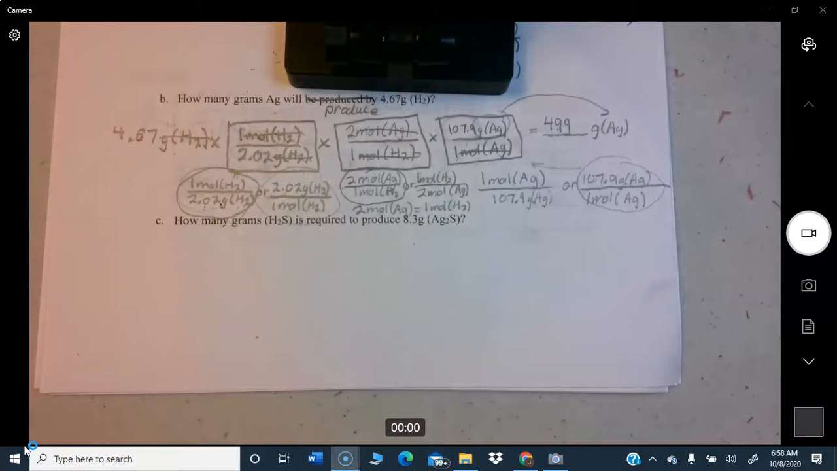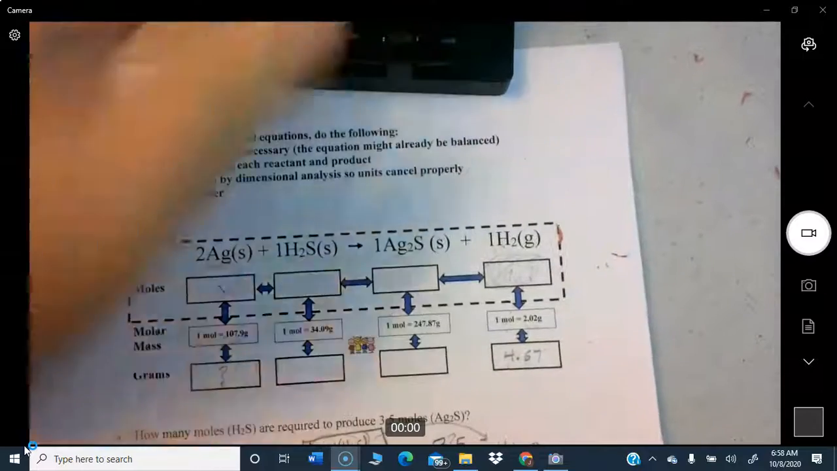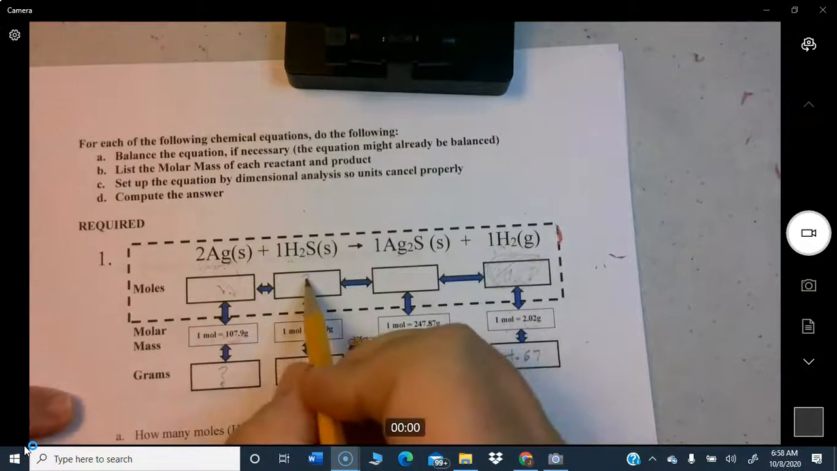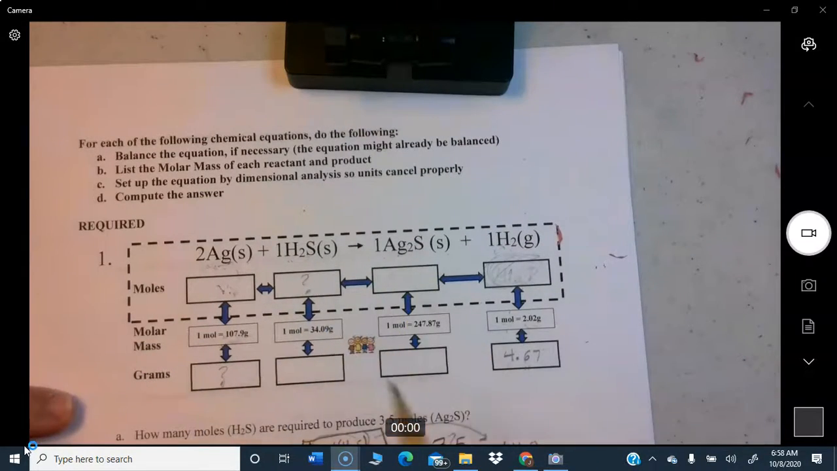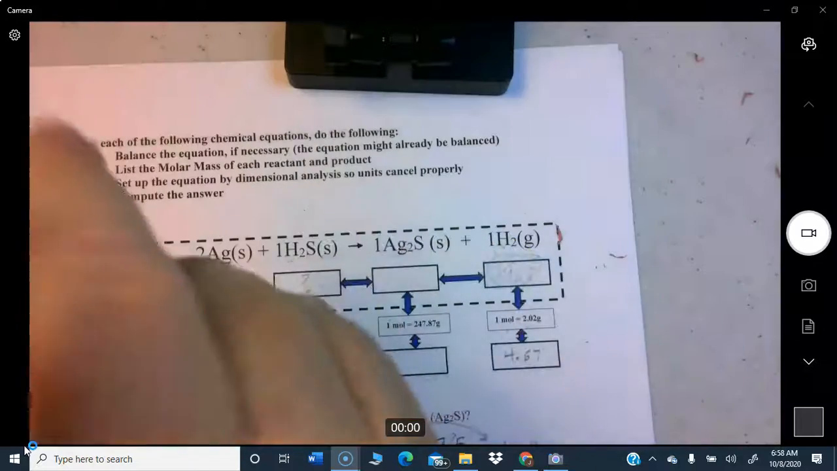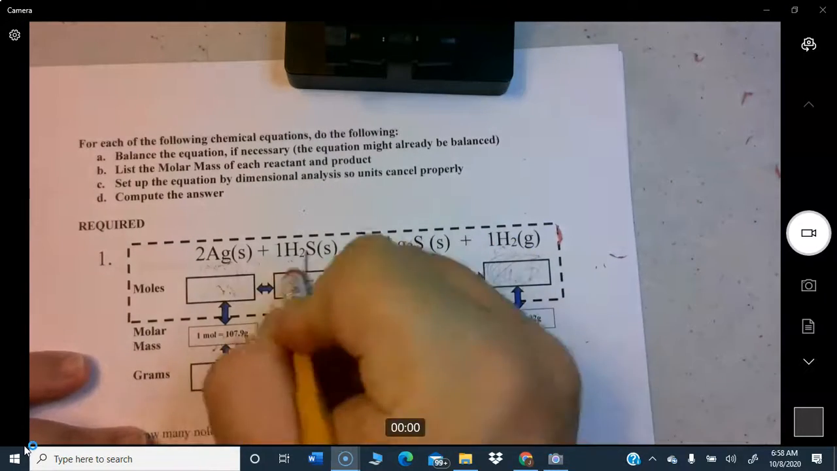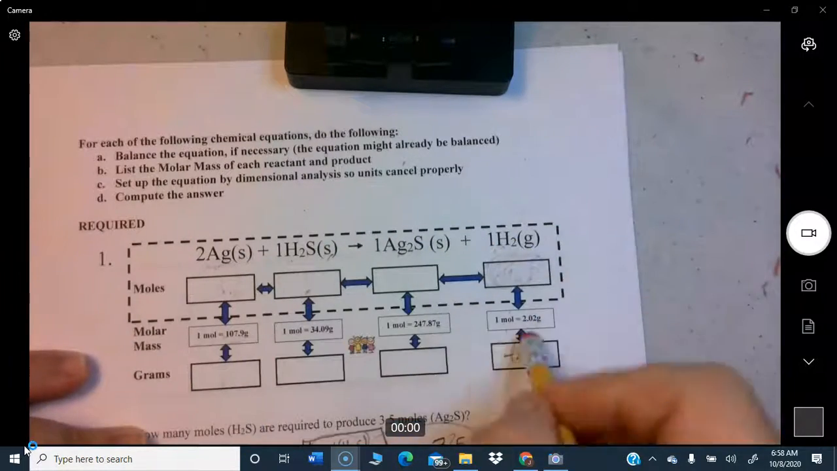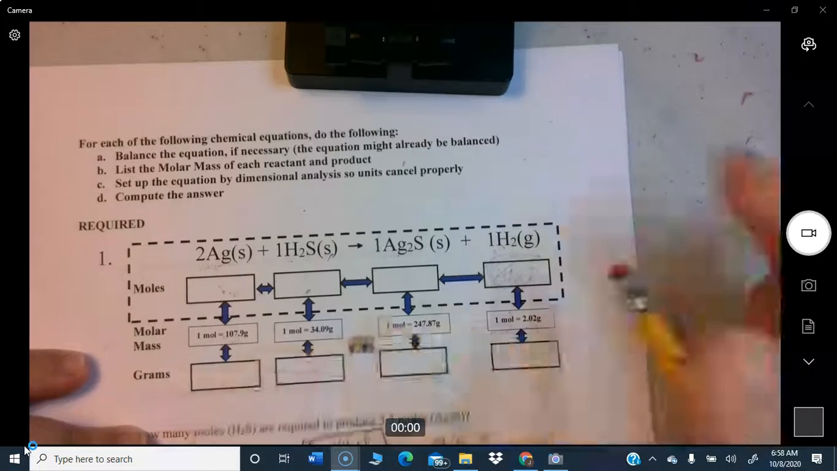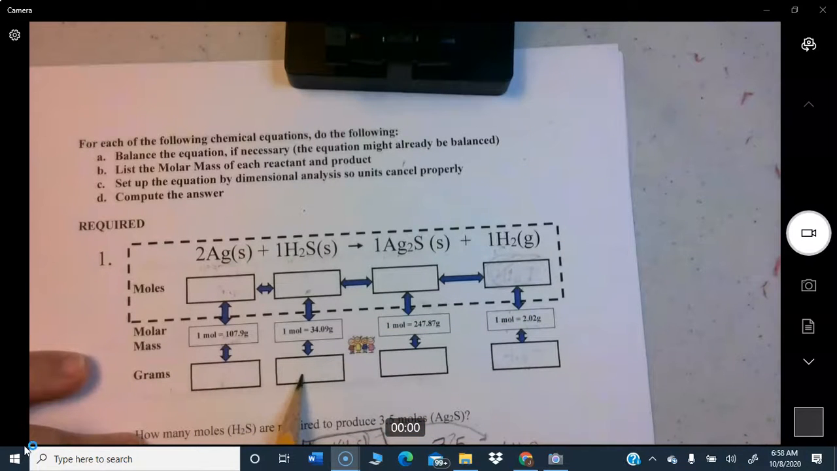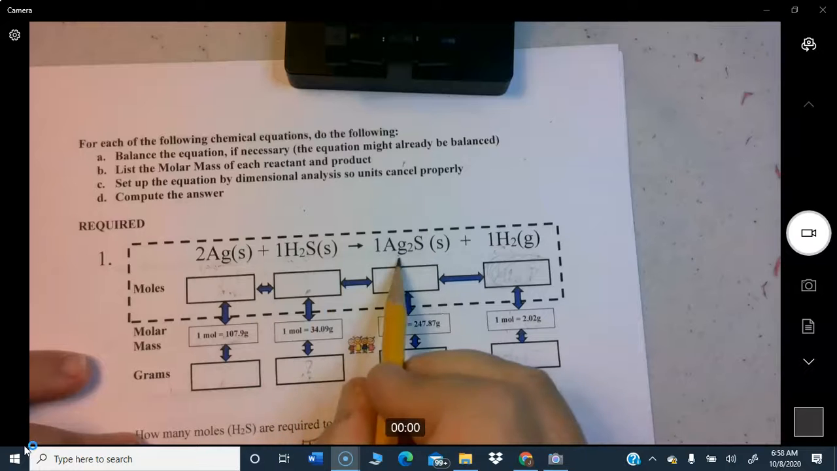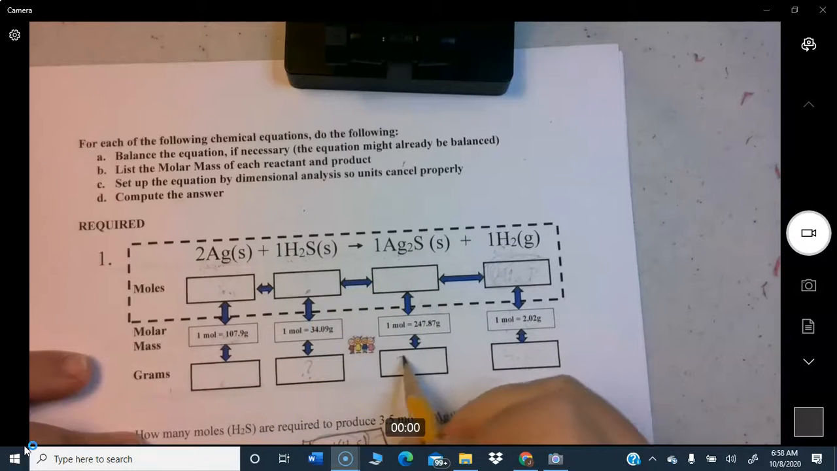And it's how many grams of H2S are required to produce 8.3 grams of Ag2S. So it's asking how many grams of this are required to produce, whoops, wrong place. By the way, you want to erase anything you've written before for the previous problem. So it's asking how many grams, so we need to be down in the grams row of this substance is required to produce, and it says 8.3 grams